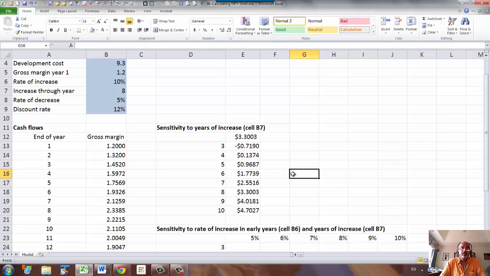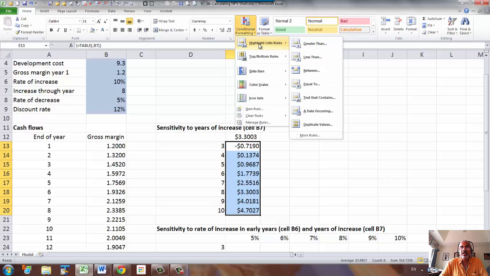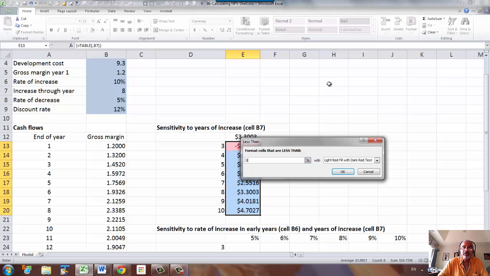Now we can highlight the losses here if you like. We want to make sure under what conditions our net present value will turn out to be negative. We want to avoid that, so we can do a conditional formatting. Now this time we want to use less than 0, and let's see, we'll use a different format.